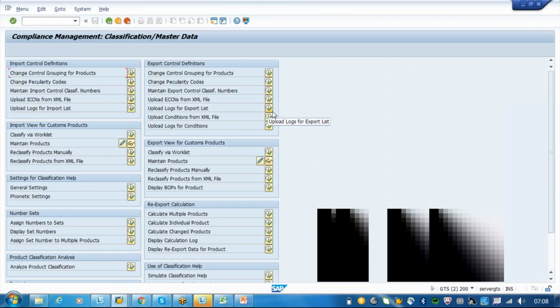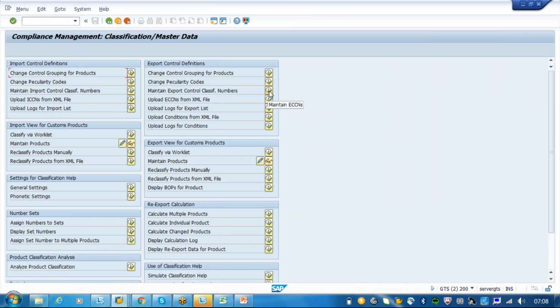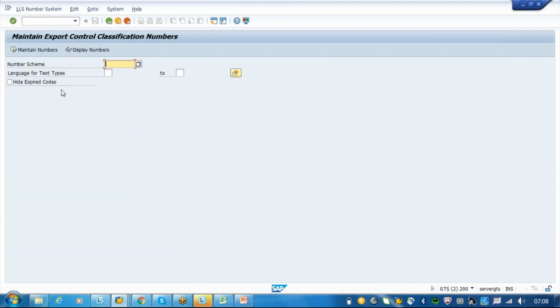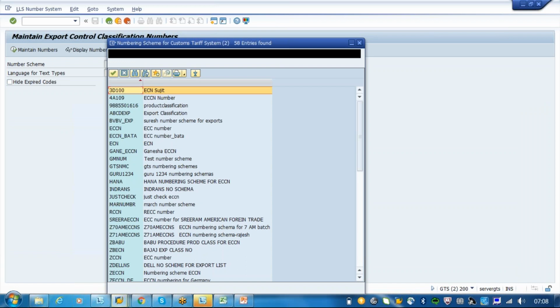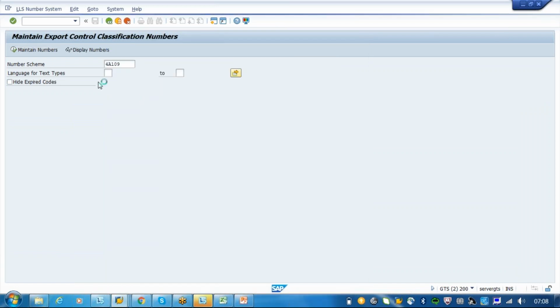Okay, so now we are doing the export control classification number. First of all, we are doing the schema and we have to define the number. So how do you define? Just identify the numbering schema here. Maintain the number.